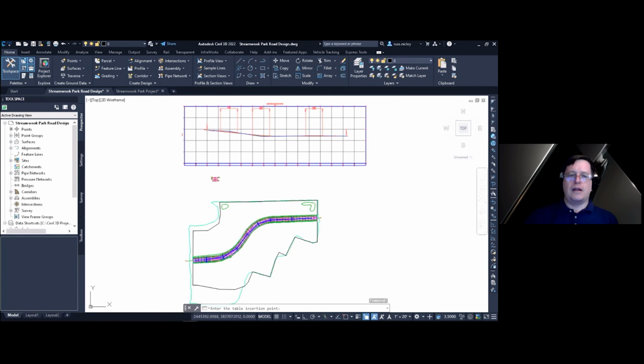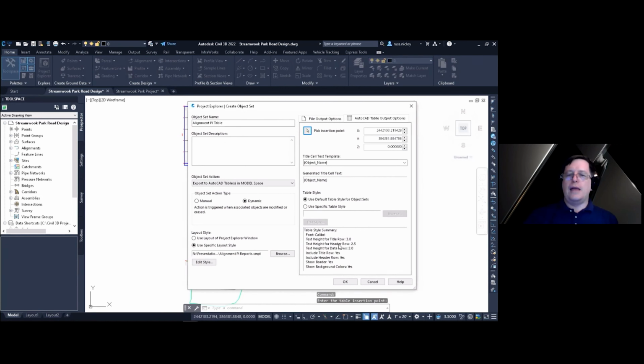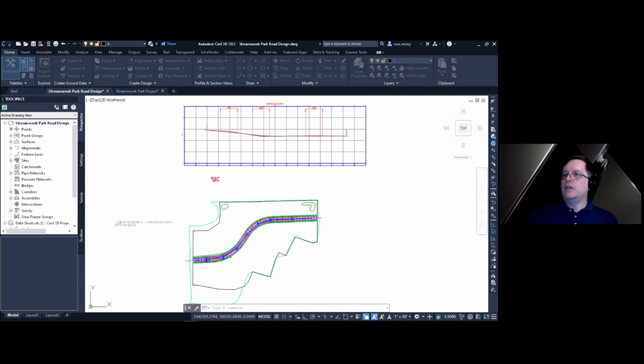I'll drop it in kind of on the side over here. And then again, table style information here. I'm going to leave that alone. I'll click OK. And now, since I moved it off screen, it told me over there that it did finish and I need to go to the object set tab to work with it. It did actually drop the table in there. I don't have to actually run this later on. It ran it for me right away, but I'll say okay, and then bring this back in.